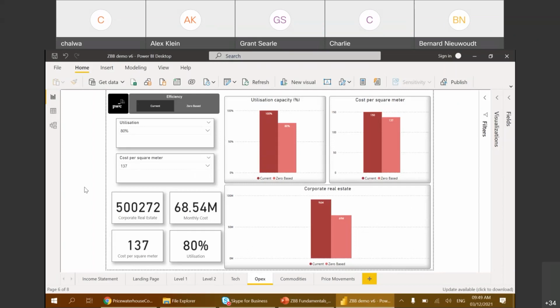And this is now perfectly aligned to where you want to go as an organization. You're looking at what you are paying per square meter and how many square meters you are using. This is an example of removing inefficiencies from a cost and utilization perspective. Again, this would also change the way that you contract. We mentioned in the presentation that you're thinking and behaving differently. In this example, you would not be looking at your rent as a cost, as a one-liner, but when you enter into negotiations, you would be looking at these two KPIs specifically, negotiating on them and linking that to where you want to go as an organization.